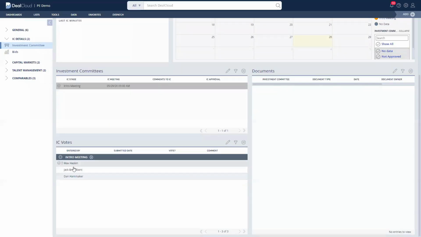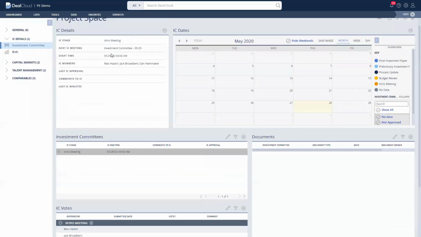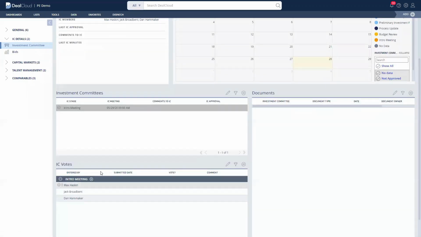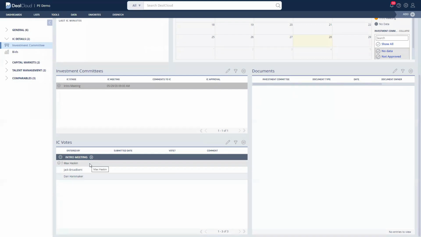And additionally, each one of the investment committee members, so if you remember I said Max, Jack, and Dan are all in the investment committee, the approval record for each one of them got automatically created as well, so that they don't have to remember to come in and enter this themselves. This has been created for them. They can each get notifications that, hey, right, your investment committee approval is required for this deal, project space, right, this was created for you, and I can go in, update my vote, yes or no, move it to approval, right, and we can continue to update this so that each one of these 3 people can